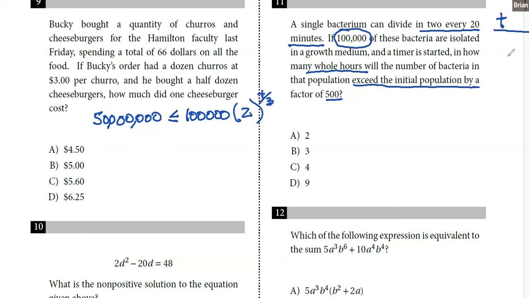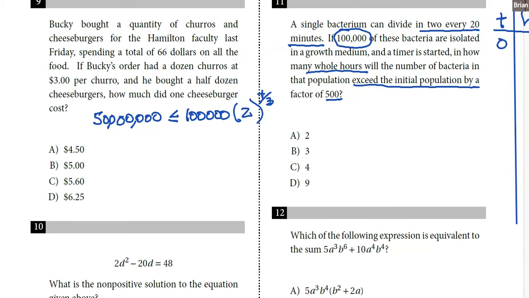If this is the number of 20-minute periods, and I let h stand in for the number of hours, then the number of bacteria that we have, let me get a line tool. I'll keep over here on the right, we'll keep a tab. So this would be the long way to do it. The short way would be to answer that inequality, but let me exemplify what we're saying here, is that at